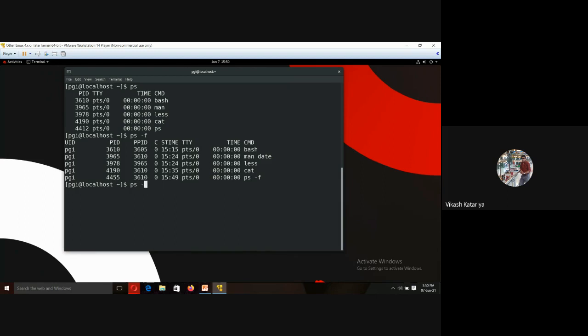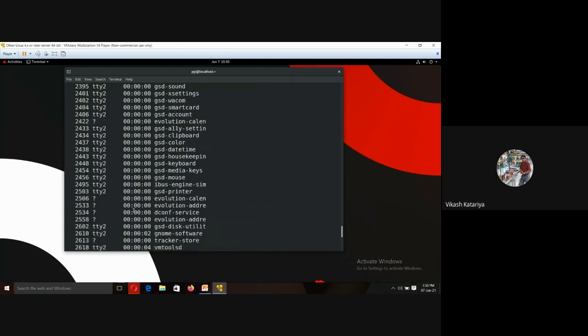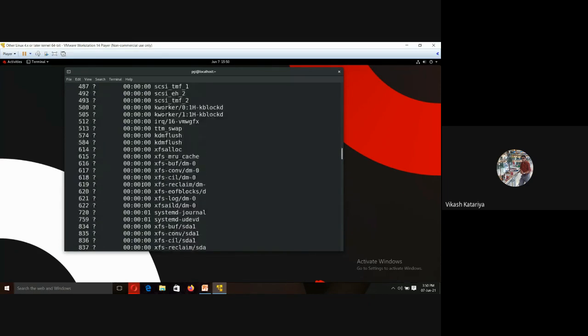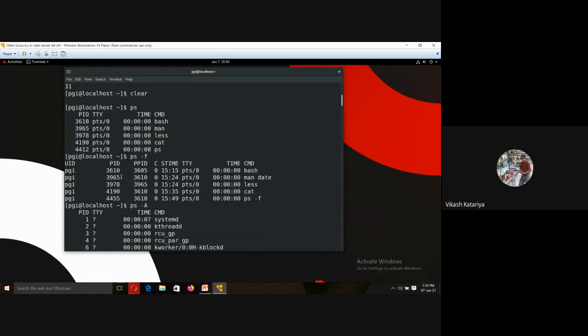Similarly, capital A will show the entire processes currently running on the system by kernel and user. As you can see, there are so many processes currently running on my Linux machine, but there is a difference between small f and capital A parameter.